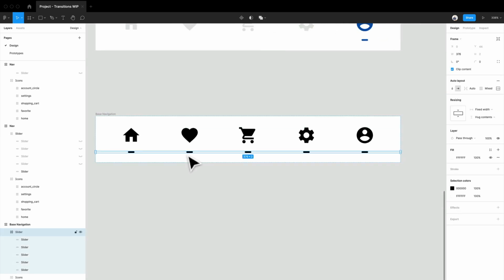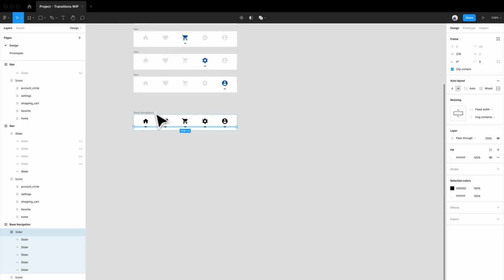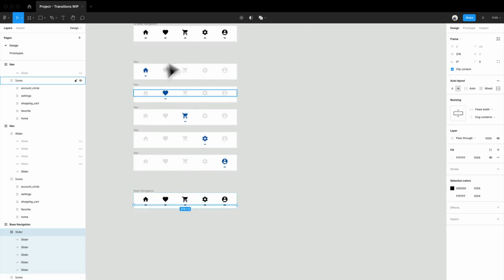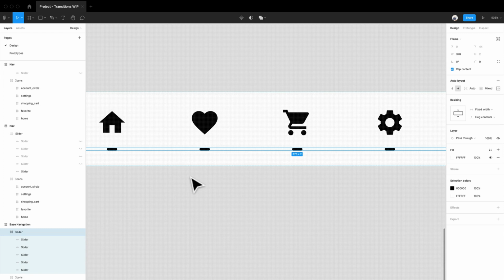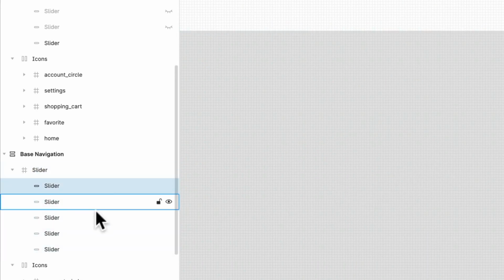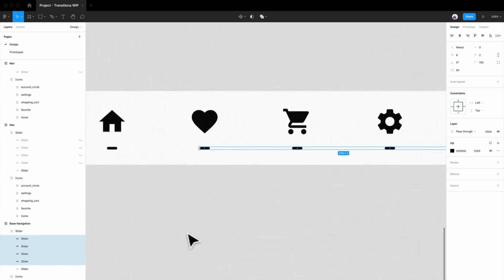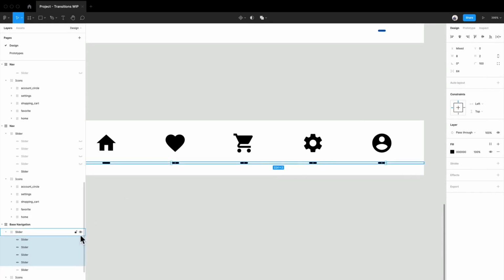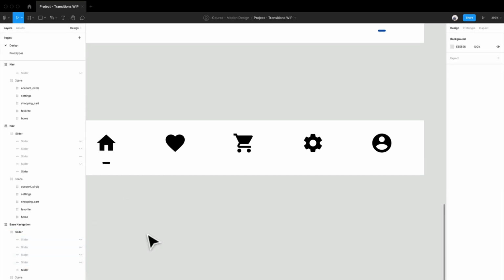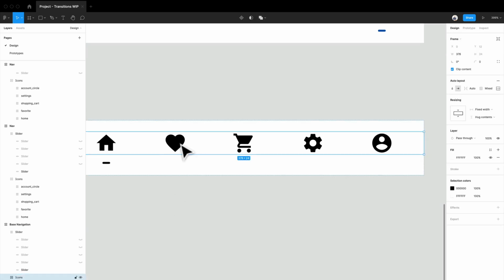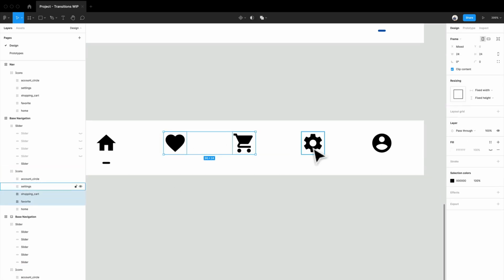So the first thing I'm going to do is take that base navigation. You see, I already have it copied below. This is our first flow that we created, but we're going to start a new one. I'm going to select this slider over here, and I'm going to turn off auto layout so we don't have to deal with that anymore. I'm going to see all these sliders here. We can just turn them off for now, and we're not even going to worry about color or anything right now. The only thing we're going to do is create those same